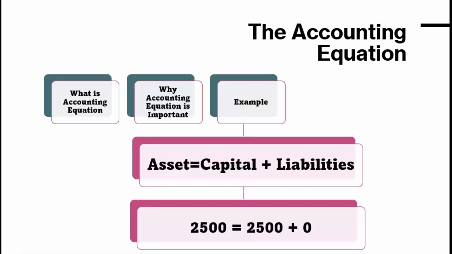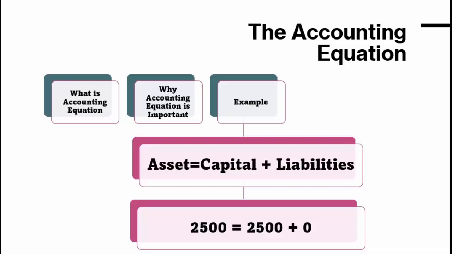What happens next? This example is the first step in understanding the accounting equation. At this stage, we only have an initial investment from the owner, so the business only has assets, cash, and capital, with no other liabilities. As the business grows and starts to buy goods, sell products, or take loans, the accounting equation will still apply. Every transaction will change the amounts in assets, capital, or liabilities, but they will always remain balanced according to the